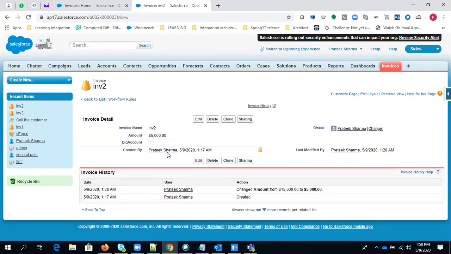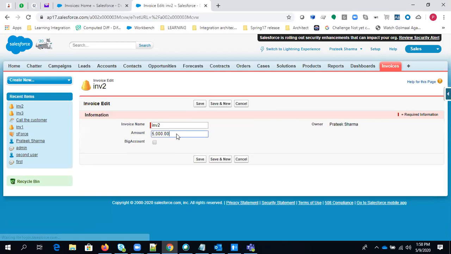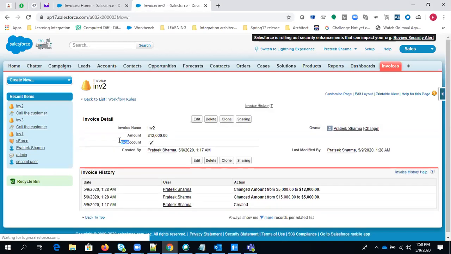You can see here. Right now, guys, see, our criteria is not met. I'm editing the record to meet the criteria. I'm making it 12,000, let's say. I'm just editing this particular record to meet the criteria. This was not met earlier. Editing the record to meet the criteria, hitting save. See this. Because criteria was not met earlier, I'm editing the record just to meet the criteria. So this is the thing that you can see in the third option, right?